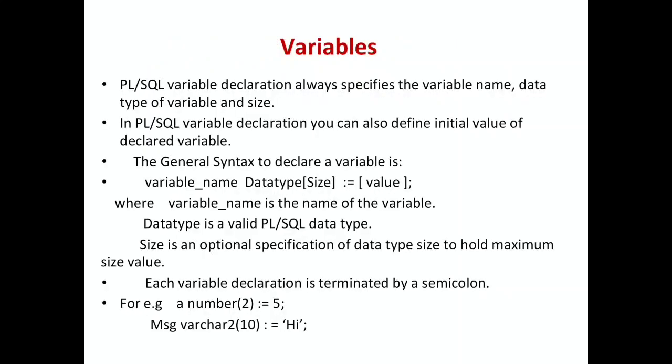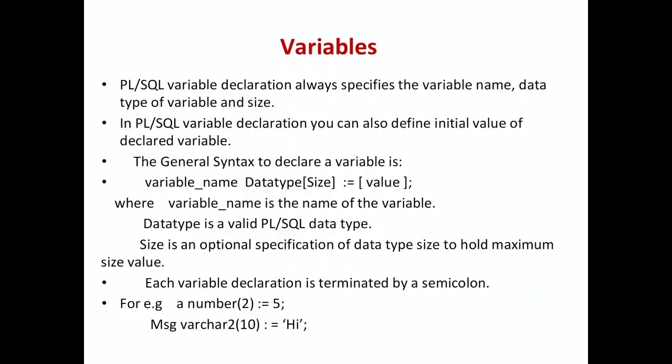Now next part is variable. We have seen variable. Variable means what? It is a place where you are going to store some value, which can vary. Variable means vary. So how to declare the variable in PLSQL? PLSQL variable declaration always specifies the variable name, its data type and size. In PLSQL variable declaration, you can also define the initial value of the declared variable. Initial value means if you want to assign some value to the variable,